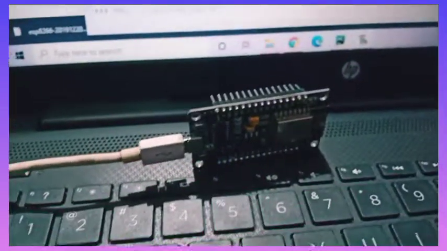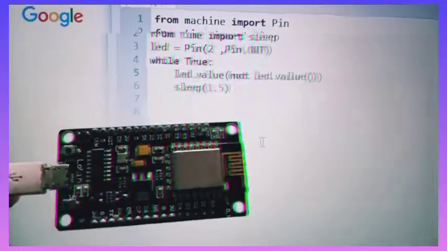And if you have heard the term MicroPython, so this is our MicroPython setup, and this is our code, and this is our NodeMCU. See,